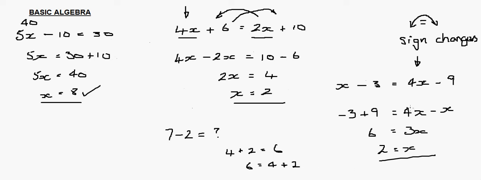So the reason that I keep everything here is this 4x is positive, and I want to keep it positive. I don't want to get into negative values of x. So if my positive values are to the right, keep it to the right. Okay? Examiners don't like it if x's suddenly jump around on the equal sign. Okay, so this is very important. So don't be frightened if you get an answer equals a question. This is quite normal, so don't worry,